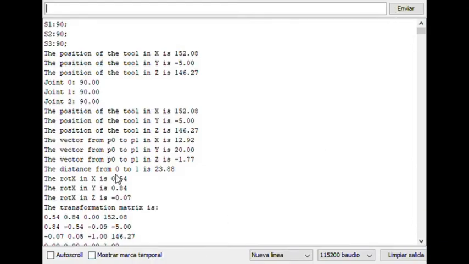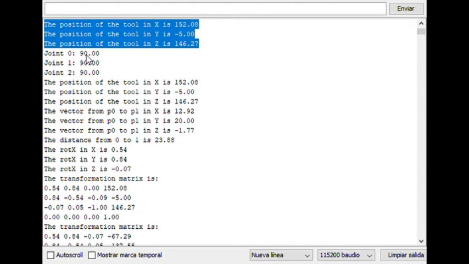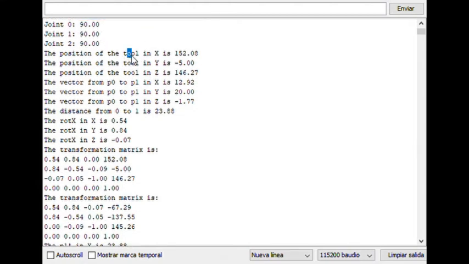Okay, so this is the serial monitor, and first of all we have the initial value of the joints, which is 90 for all of them, and now what we can see is all the intermediate values that were obtained during the moveC function. So for example, the position of the tool in the initial point, the value of the joints in this initial point, and